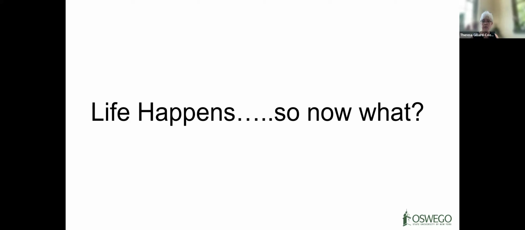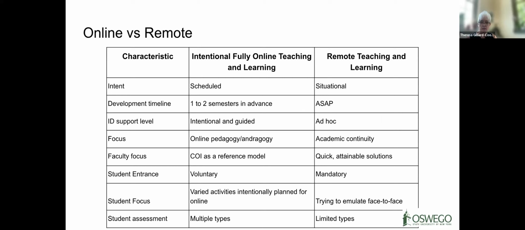So while the focus is on async, as I've said before, we're looking at this more broadly from any modality. And if you have worked with a member of the ID team when you first developed an online course, you'll probably have some of these flexible principles already in place. Still, you might find value in what is going to be in this session.